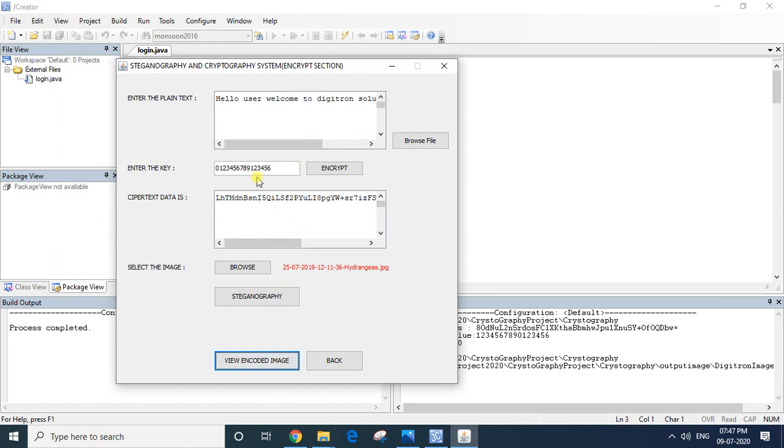So you can see like this we have performed two levels of security. Initially we apply cryptography and encrypt the data and then hide the encrypted data within an image. So you are sending the data to the receiver in such a way that no intruder or hacker will come to know there is a flow of some confidential data. So this is the encryption section. Now let's see the decryption section.